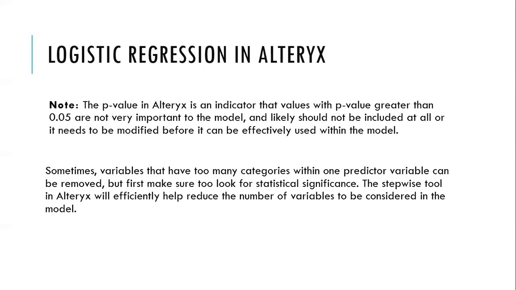This is because with the p-value we can tell that any variable that has a p-value greater than 0.05, we consider it as not statistically significant, and that means that we most likely should not include it in our model, or we have to modify the variable to include it, as they are not statistically significant to include in our model to predict